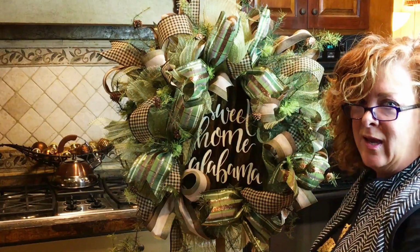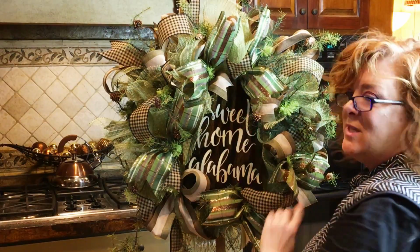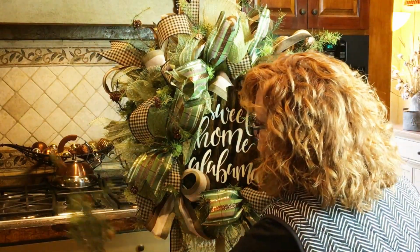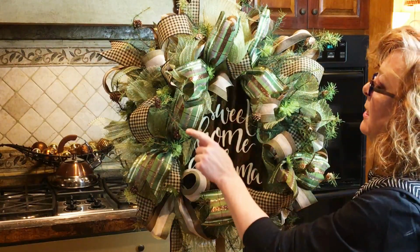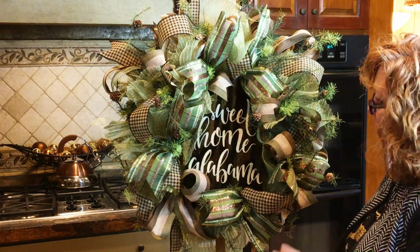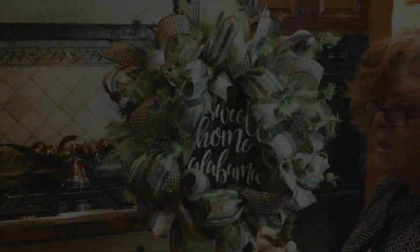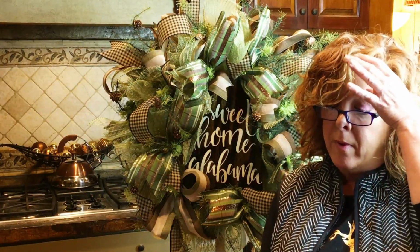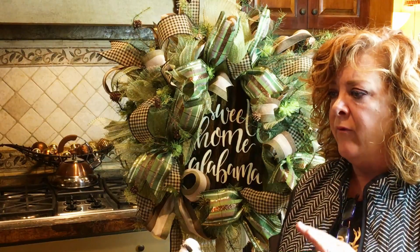I think that looks really nice with those little pine cones, the baby pine cones and the stems. I didn't use all 3, and I started cutting apart some smaller branches just to add in little spots. But I think it looks nice and airy. So now to the last stem. Directly across from my pantry, where this is going to hang on the barn door, the sliding barn door, I have a